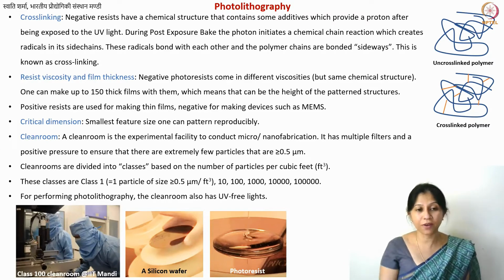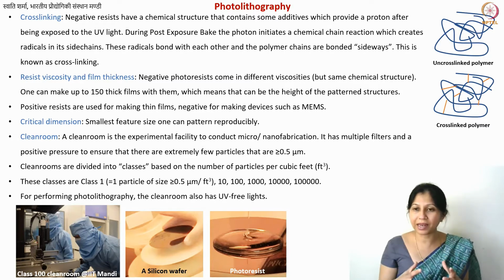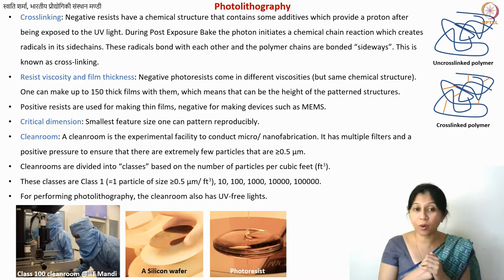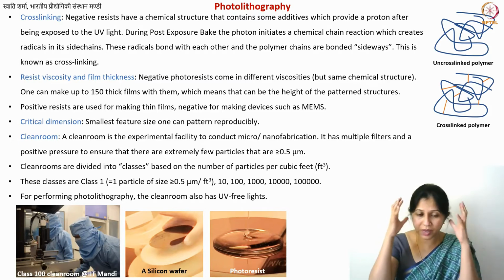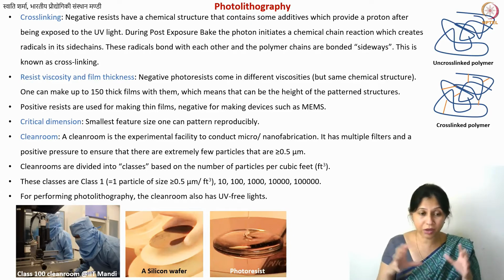Here is an image of somebody performing an experiment inside a clean room. I show this image to tell you that when you gown up, you need to completely cover yourself. In this particular case, this person is not wearing goggles because he was looking into a microscope, but you also wear goggles. Basically you want to completely cover yourself so that you don't contaminate the clean room. You are the source of contamination. So this is about clean rooms, and these are the places where you perform photolithography.